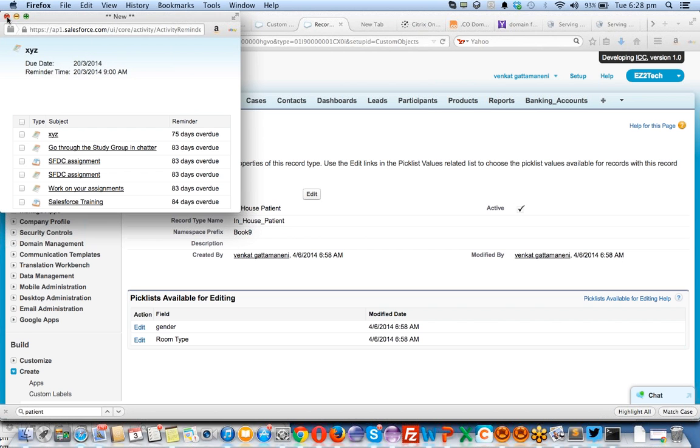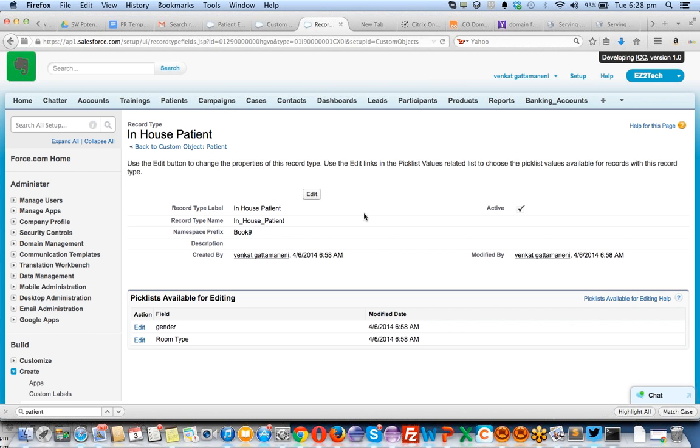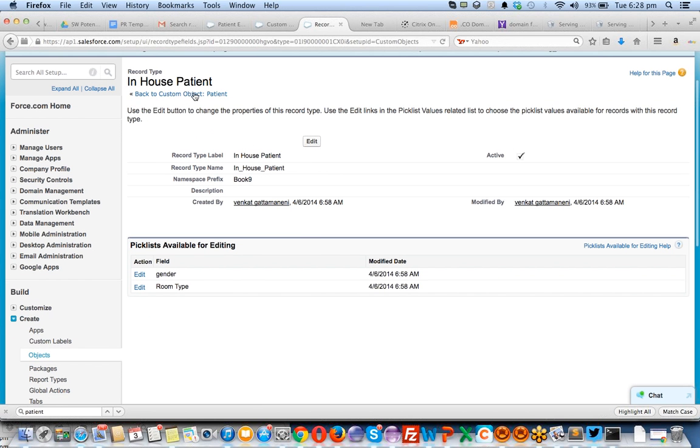Okay, so these are the notification tasks which I have to finish, generally triggering whenever I log in. So now there are two record types. Sorry, there is one record type now, and